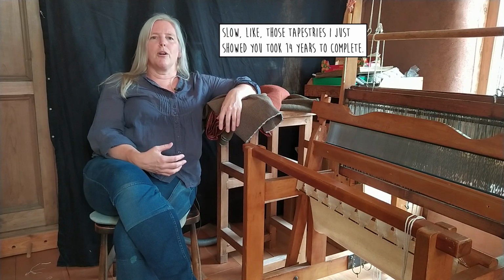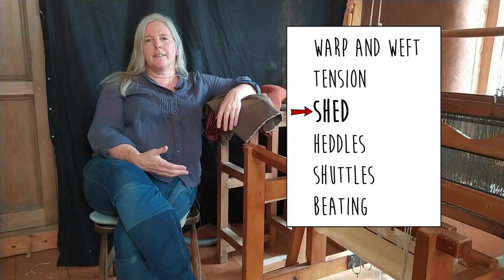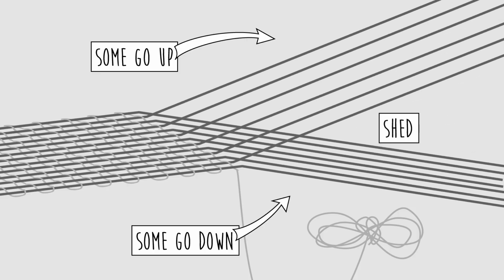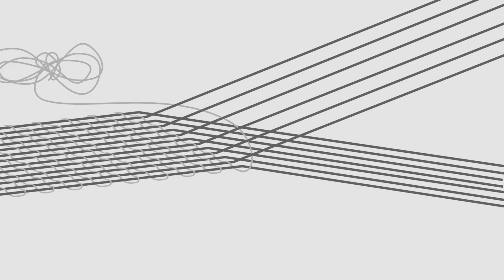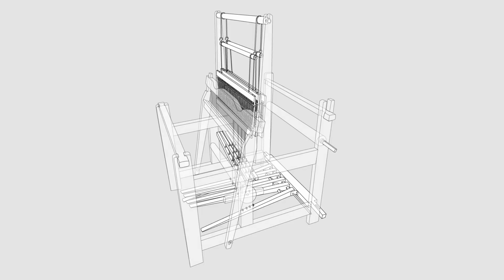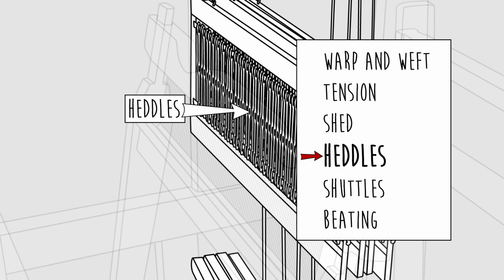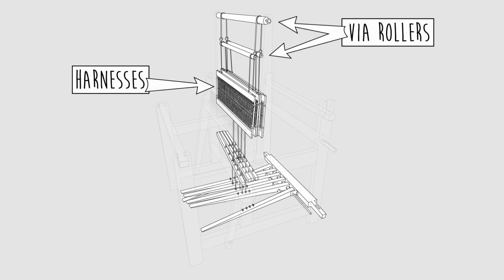If you want to build up a cloth more quickly, you might start looking at ways to form a shed. A shed is the space between the up warp threads and the down warp threads, which lets you pass the weft through without having to poke it round each thread individually. On a floor loom like this, it's done by having threaded each warp thread through a heddle on one of two or more harnesses, which can be raised or lowered